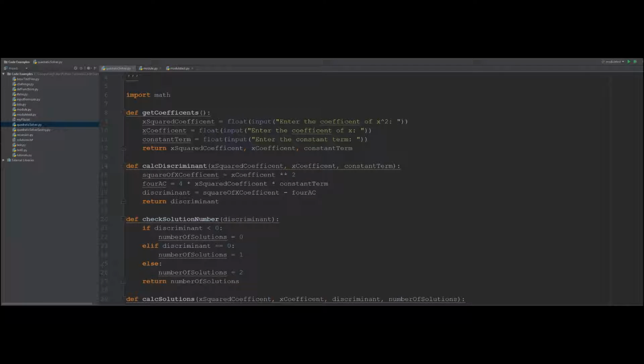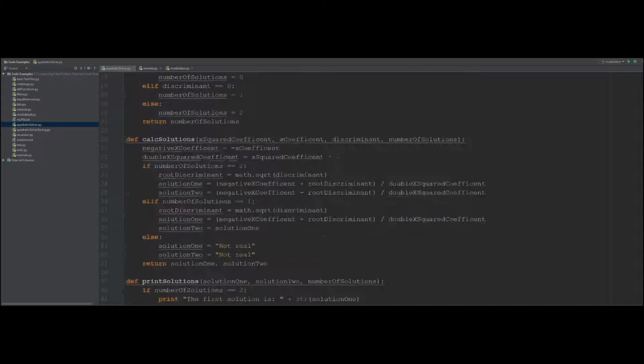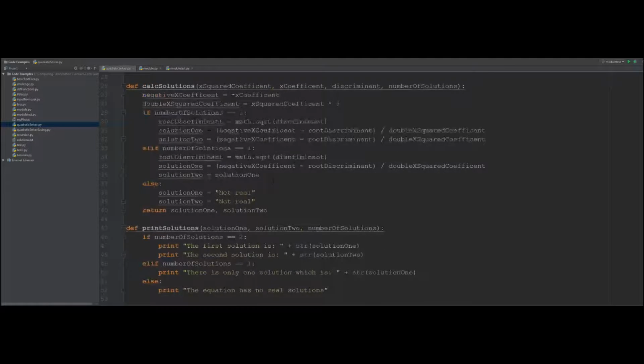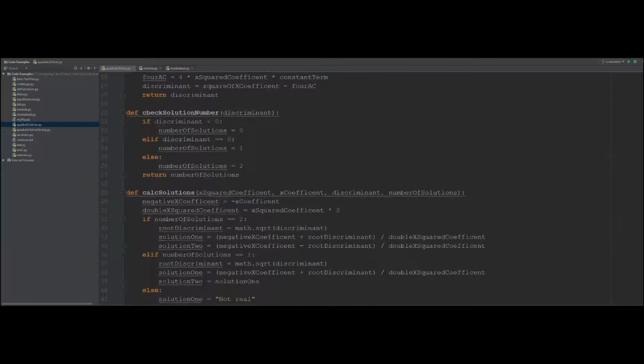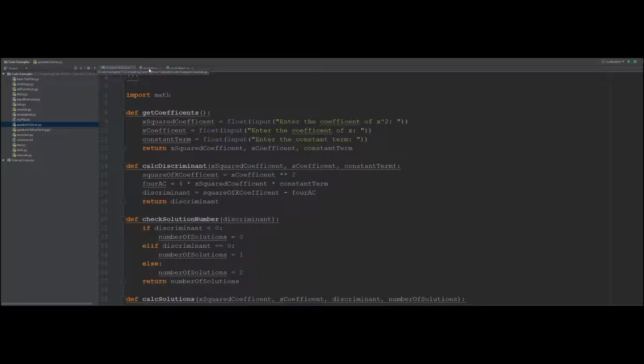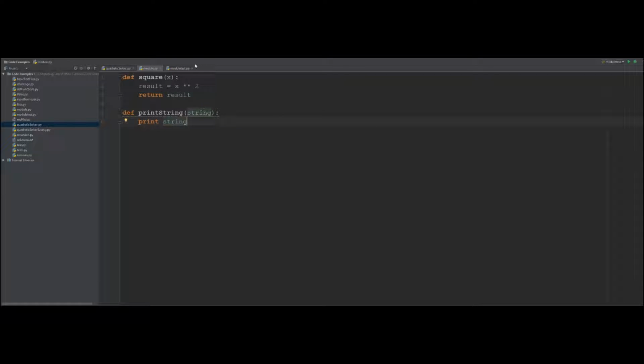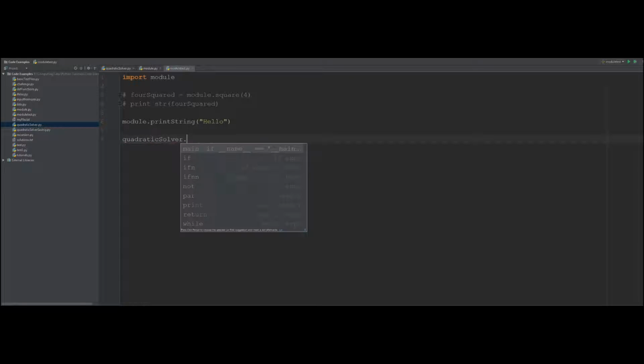Okay, so if we've got this quadratic solver file, and relative to what we've been doing in past tutorials, it's quite a big bit of code, and I don't want to have to copy and paste that code inside my file whenever I'm creating a new program. What I can do is exactly the same as what I've been doing with import module, and with this file module.py. I can say quadratic solver .main,